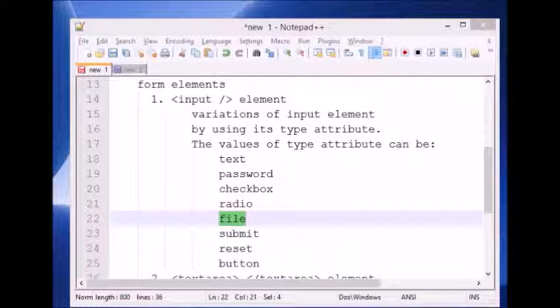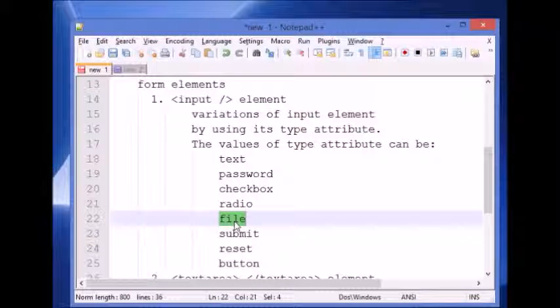there is another type attribute of the input element, that is file. So suppose you want the user to upload some file, right? Like you want the user to upload their resume, then you have to use the file input. Okay,